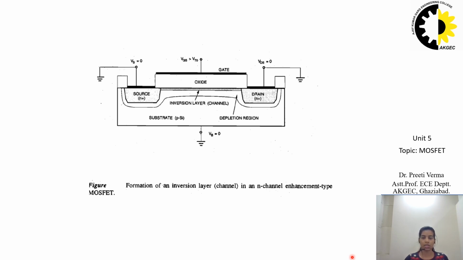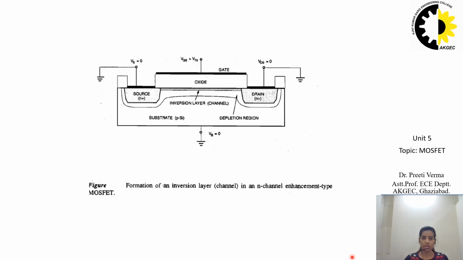It has created the inversion layer, but there will be no flow of charge carriers because at both the ends, source and drain, we have applied the same potential, 0. So now we will see what the effect of applying some voltage